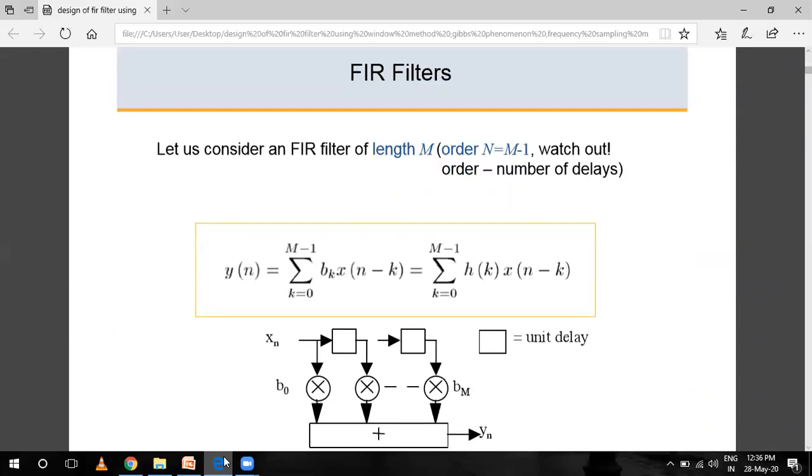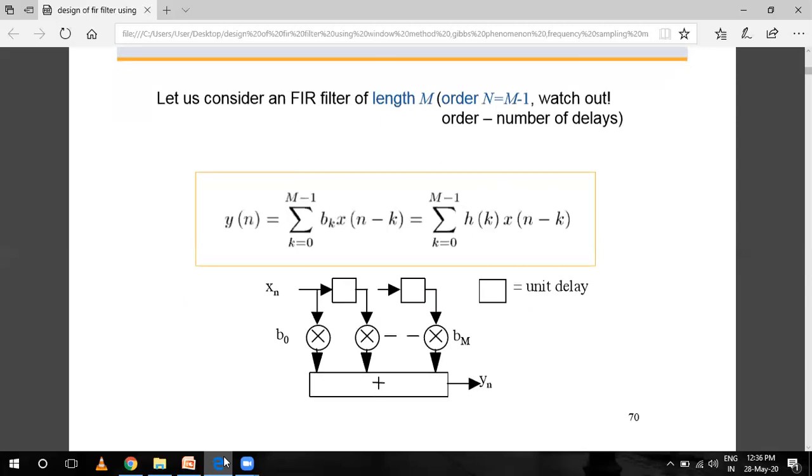Let us consider the FIR filter of length M, order N. Order N is equal to M minus 1, that is the number of delays. So when we realize a cascade form or a direct form,